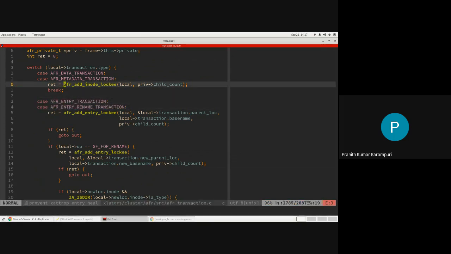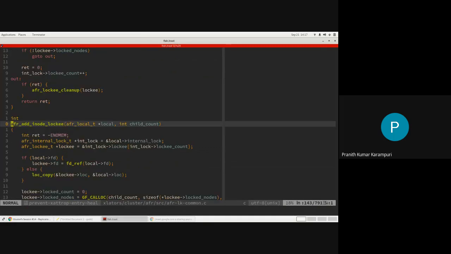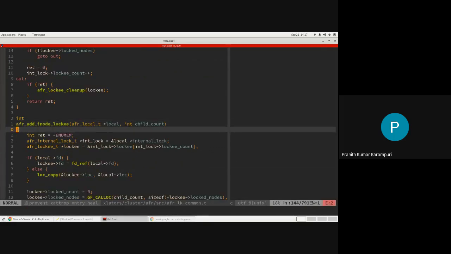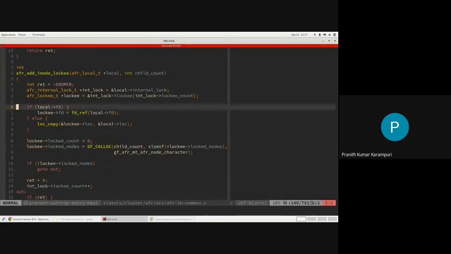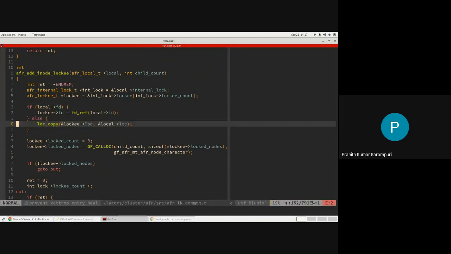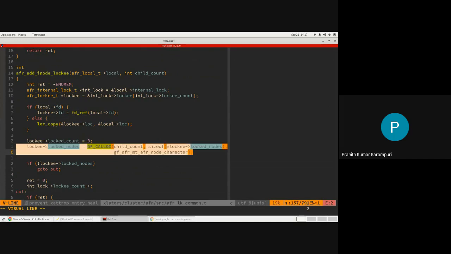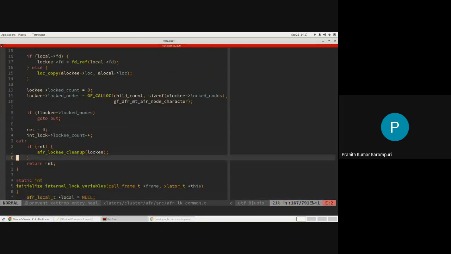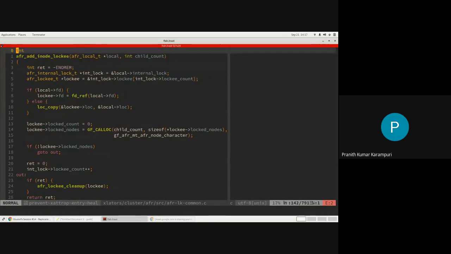So we will first look at the inode locking part. We are basically specifying, if it is an FD based operation, it's the FD, otherwise it's going to be a LOC. Then it will tell what all subvolumes you want to take a lock on. So that basically specifies your locking part, on what inodes you are going to do the lock. Since most of the operations only operate on 1 inode, it's generally just 1 inode LK. Okay.